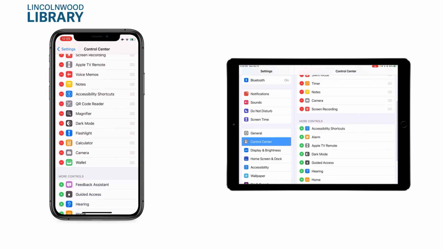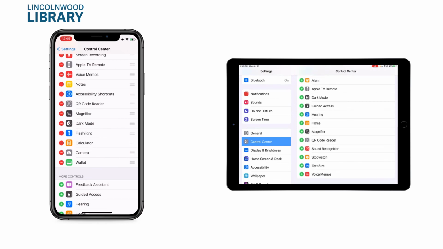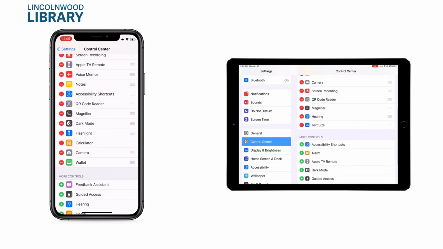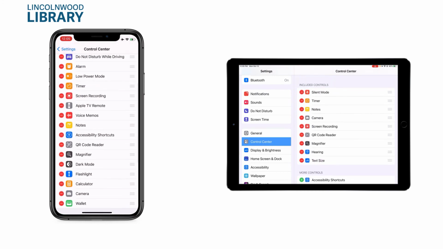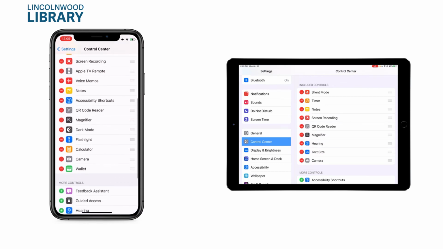Control Center. On the iPad, it works exactly the same. I just didn't have as many of these controls enabled. So maybe I want the QR code reader and the magnifier and hearing and text size. Now, when I have the controls I want, I can change their order by dragging the 3-line buttons on the right side. So maybe I want the camera to be all the way at the bottom in this iPad and